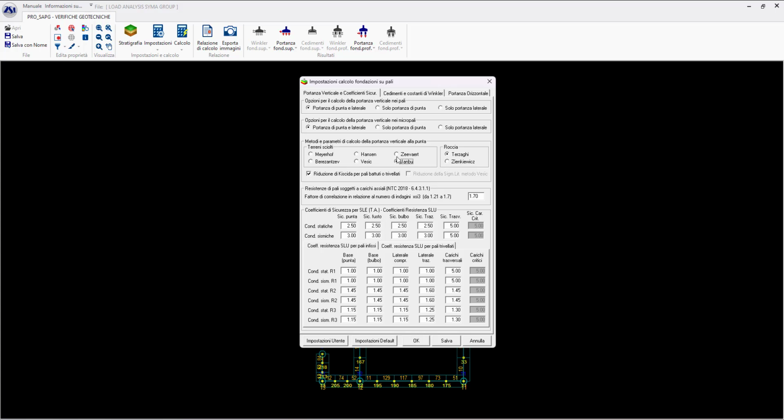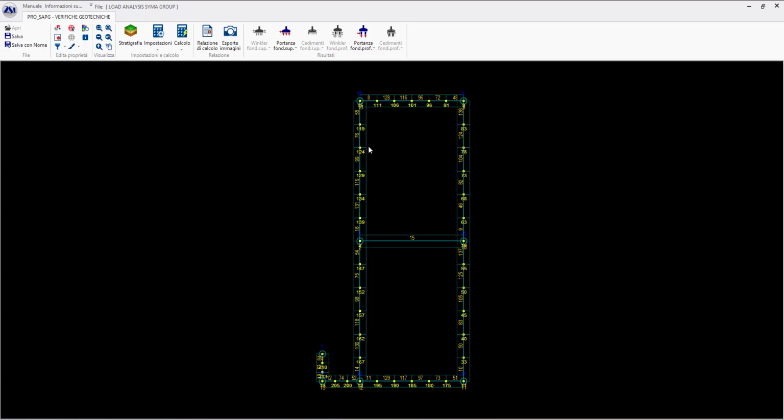You can select which one you prefer, and also modify some parameters in order to change the results of the calculation. Of course, as always, when you modify something, you have to save.